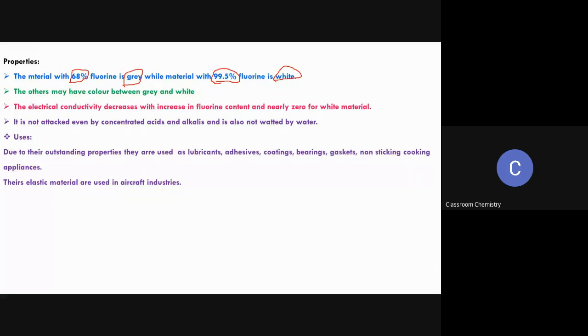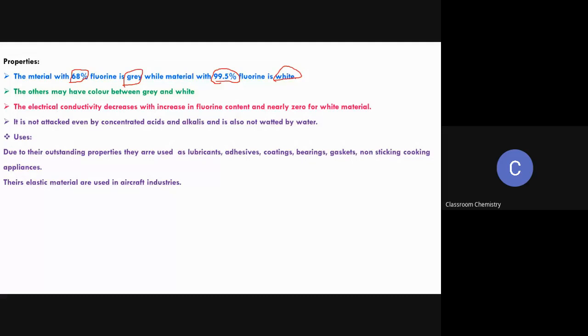So as the percentage of fluorine increases, the polymer becomes whiter and whiter. If the fluorine percentage keeps decreasing, then it appears gray. So this is the most significant property of